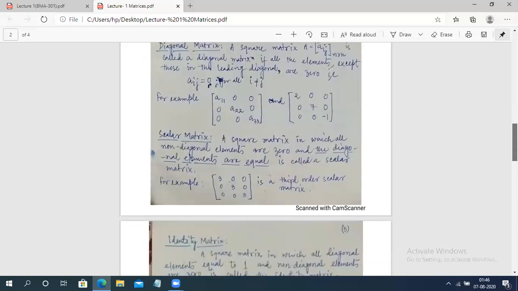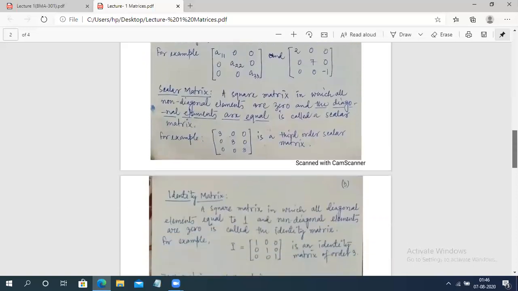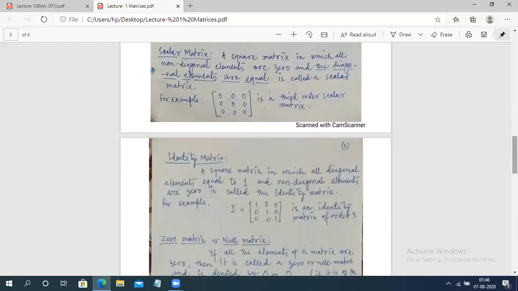So next come to the definition of identity matrix. Here we are writing this number as 3, but it may be any number, but all the numbers will be the same. If it is k, k is any number, then k, 0, 0, 0, k, 0 and 0, 0, k is a scalar matrix.